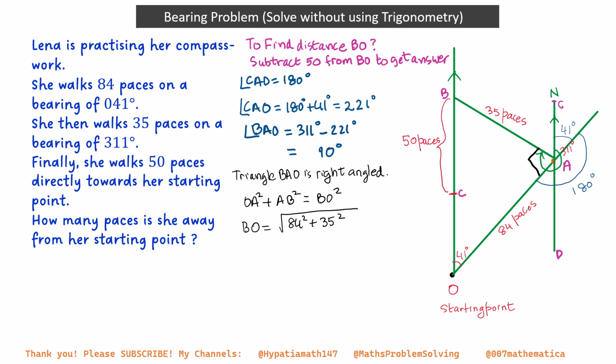We're not going to use the calculator, so you can multiply out 84 times 84 and 35 times 35, and you get the square root of 8281. So it's not a very big number, but still, how will we work out what the square root of 8281 is? You know that it has to be more than 84. And the units digit is 1. So you need two digits whose product gives you 1 in the end. So I can try,